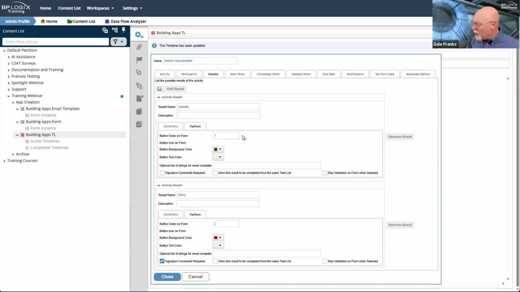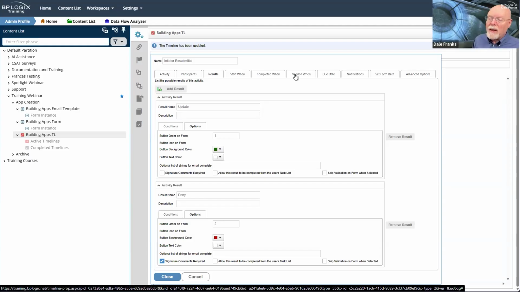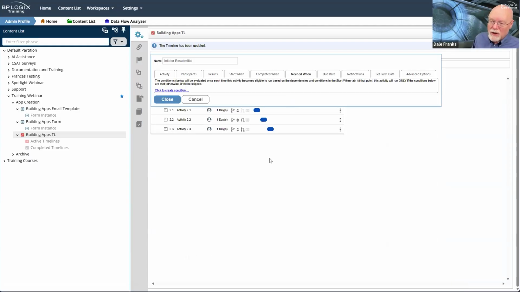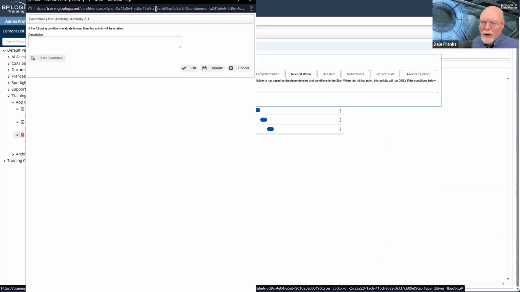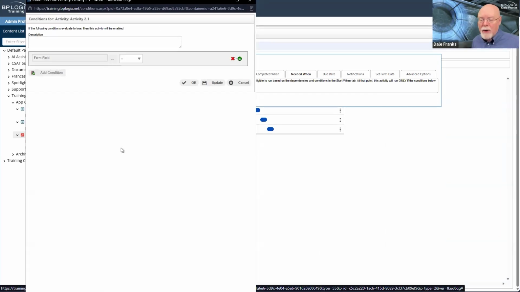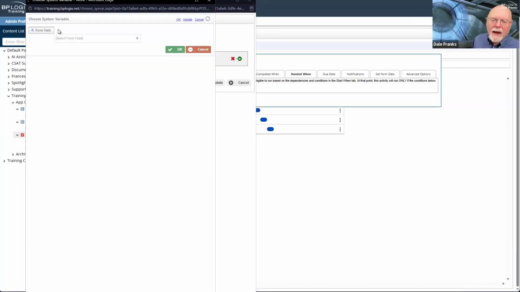So I am going to have to limit that by pulling the needed when condition on here and determining when this activity is required to run, or when I have a necessity to run it. I obviously don't need to run it every time it runs. I only need to run it if I have restarted the activity. So I've got a couple of different options for setting that up.